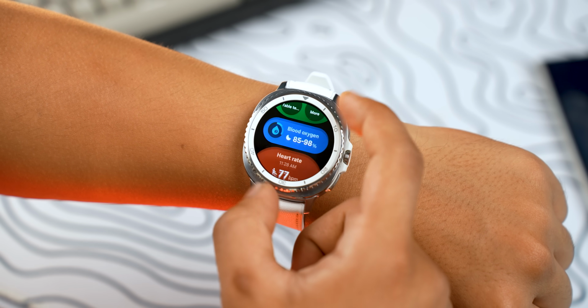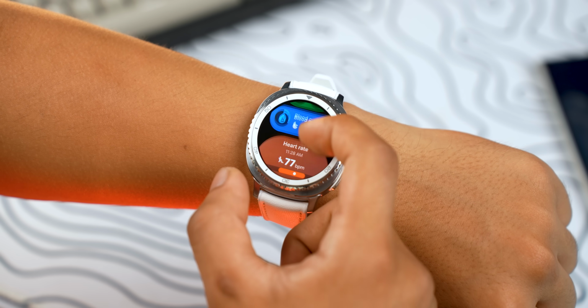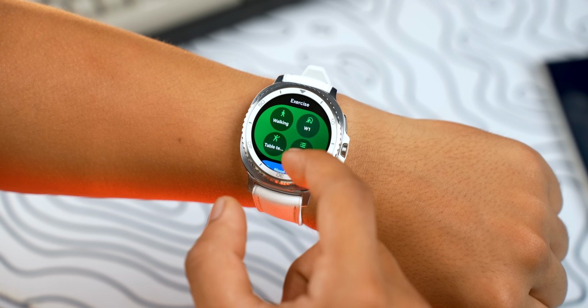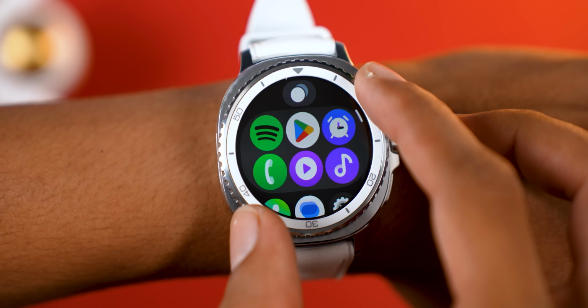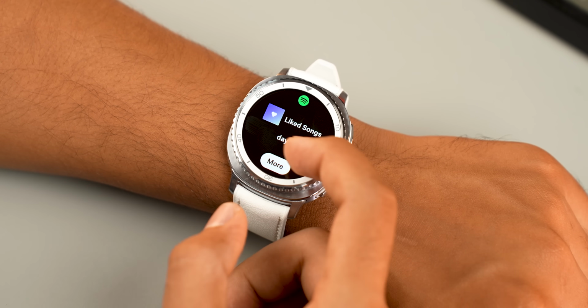But the fact that I can now stack several widgets onto a single page means I no longer need to endlessly scroll to get to the app that I want. Even though, let's be honest, spinning this rotating bezel on the Watch 8 Classic is still pretty fun. Although the one thing I need to tell you right away is that this only works with Samsung's built-in apps